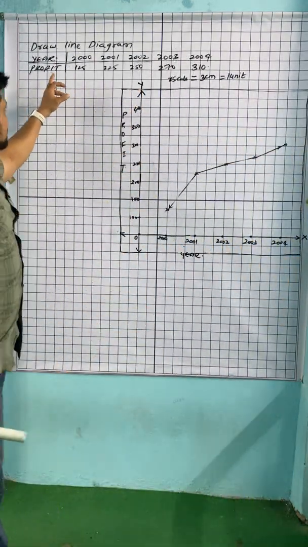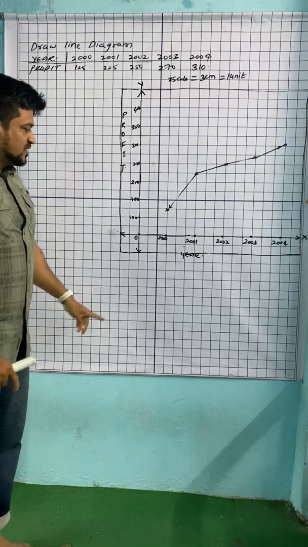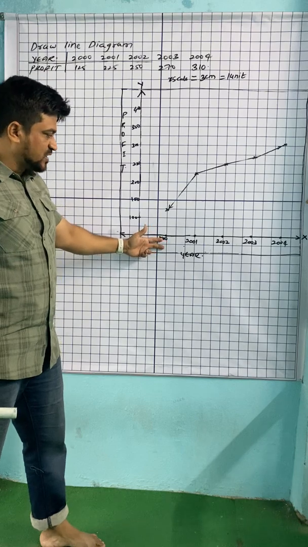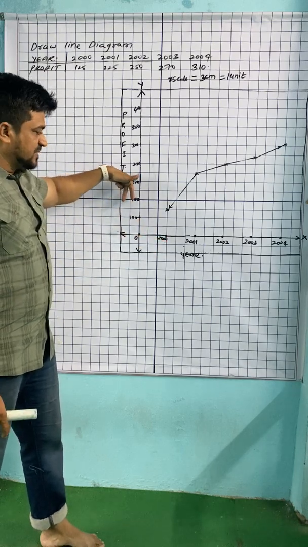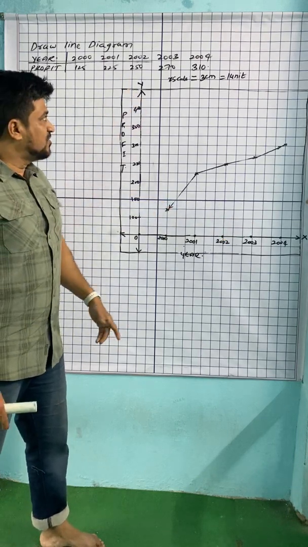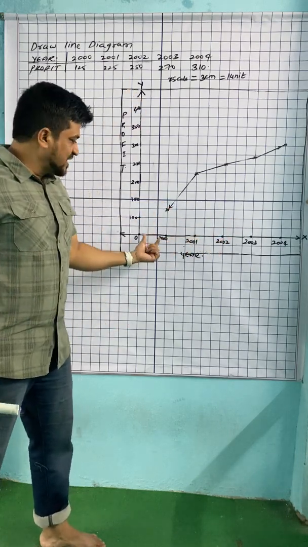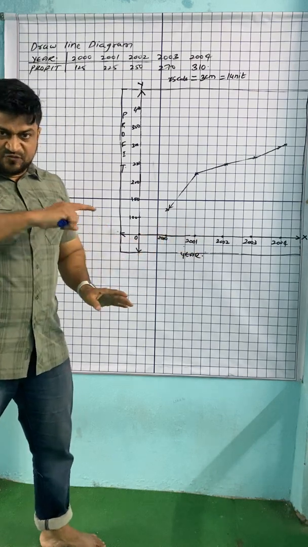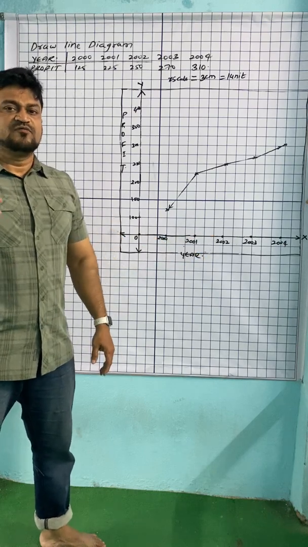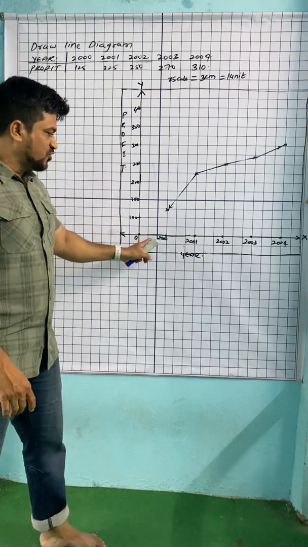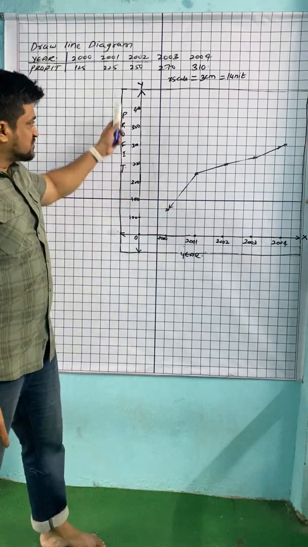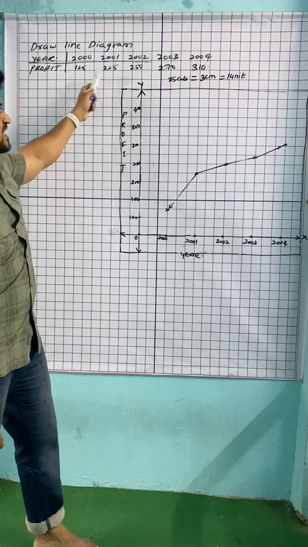This is the question given to us, year-end profit. First we have to take the X scale and Y scale by leaving two lines from the bottom of the paper, and from the left side of the paper take dark lines to the end of the graph. Now for the X scale, we are leaving three boxes to adjust that line. If you want to leave 4 boxes also you can, but 2004 should come within the graph itself.